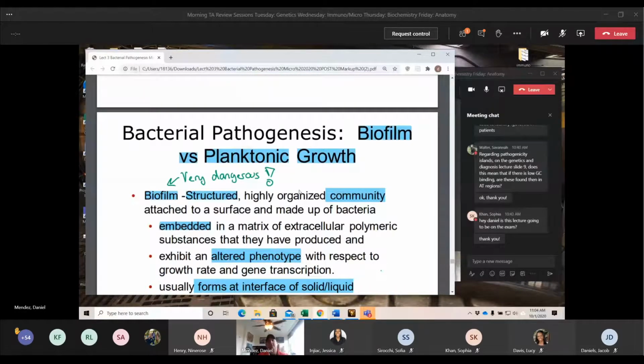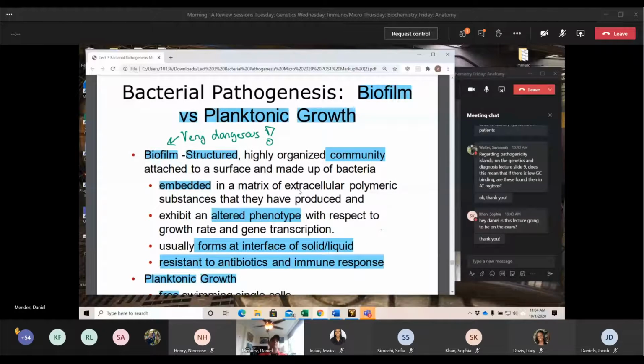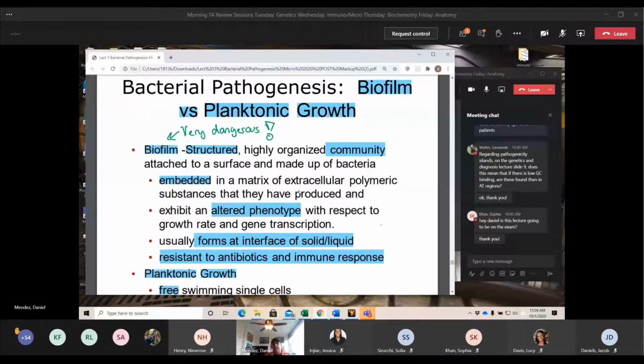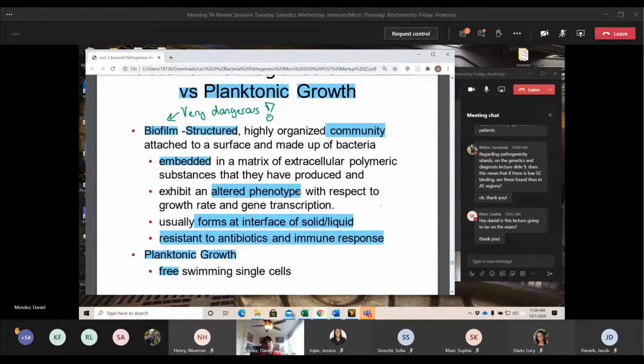So I kind of talked about this in our Friday review last week. If you were there or listening, I gave the kind of ridiculous example of March of the Penguins, but I'm gonna do it again. So the biofilm is just a structured, organized community of bacteria. What it is, is a whole bunch of bacteria that are stuck at an interface between a solid and a fluid. And when they get stuck there, they then create this whole community.